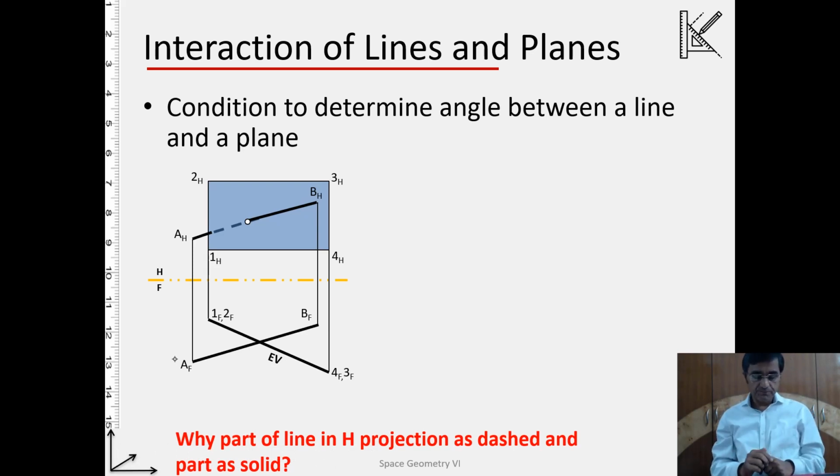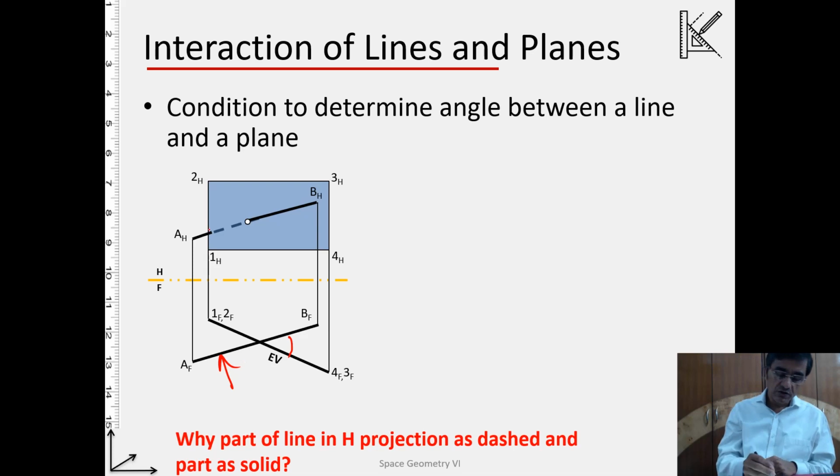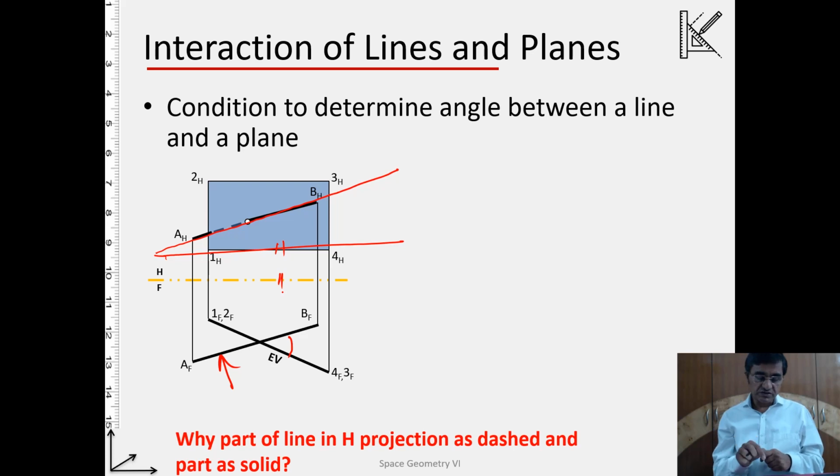Now in this case, is this the angle which is the angle between the line and the plane? No, it is not, because in this case, though we are seeing the plane as the edge view, you will notice this projection of the line is not the normal view, is not the true length. Why is it not the true length? Because on the horizontal, the projection is inclined, it is not parallel to the hinge line. That's why the projection of AB on the frontal plane is foreshortened.